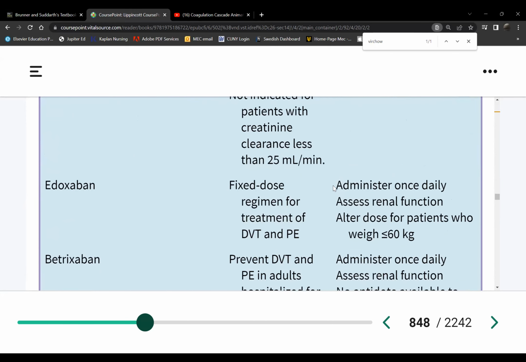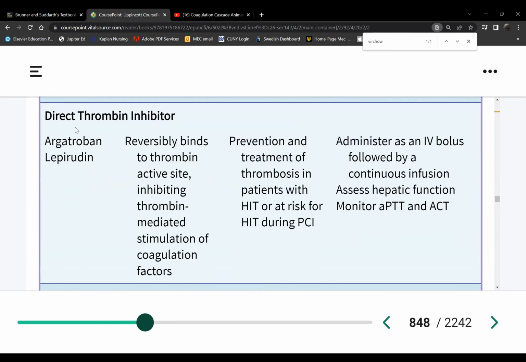And last, which is very rare, argatroban. Remember last semester, one group was presenting argatroban. So if the patient has HIT, can we use heparin? No, but they need anticoagulation. What do we use instead? Argatroban or lepirudin. So these are simply alternatives for heparin, they work the same way as heparin, but they're not heparin.